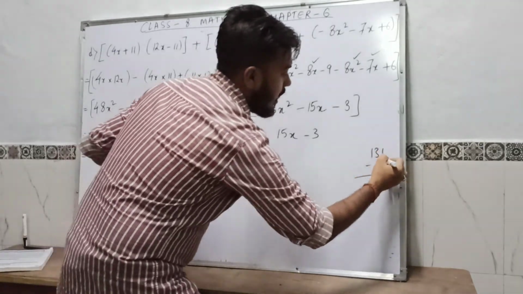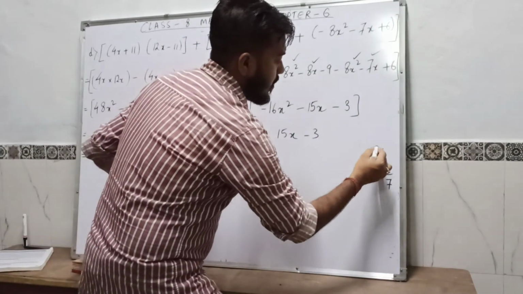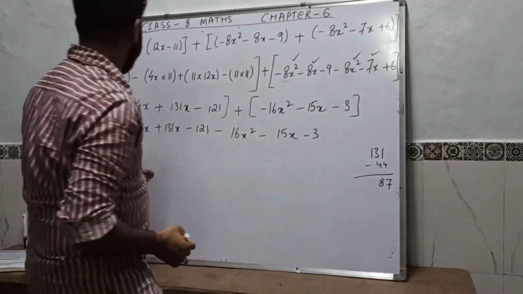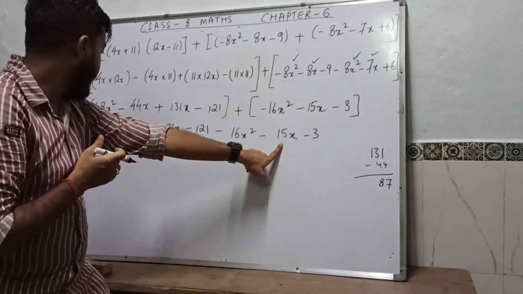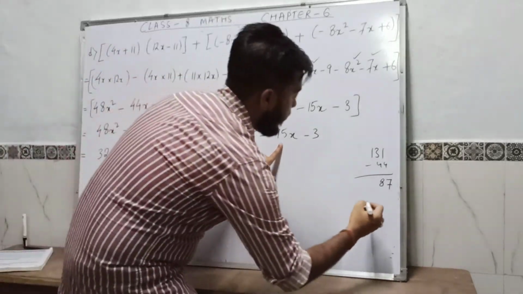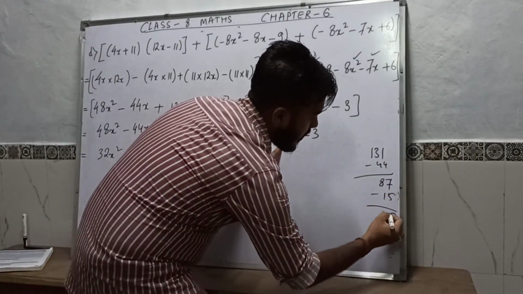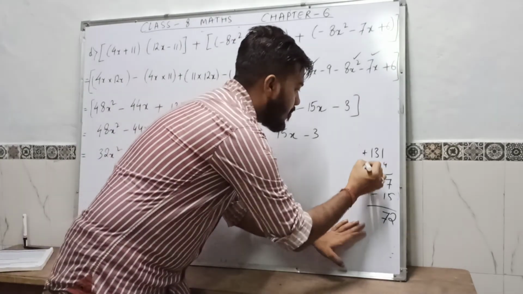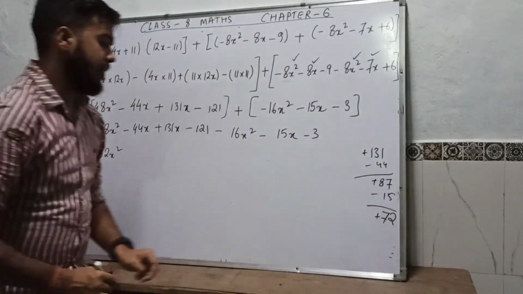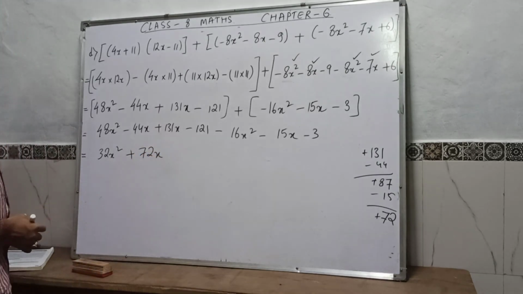So how much will you get? 11 minus 5 is your 7. Now this is 12. 12 minus 4 is your 8. Done. Now you subtract again 15x also from here. So 7 minus 5 is 2. 8 minus 1 is 7. Because 131 is bigger, it will always be positive. Okay. So we will have positive 72x. So all the x terms